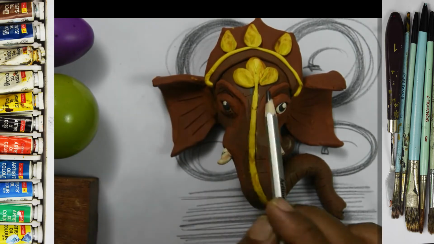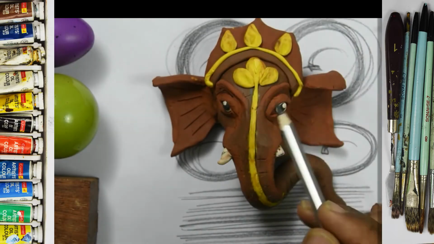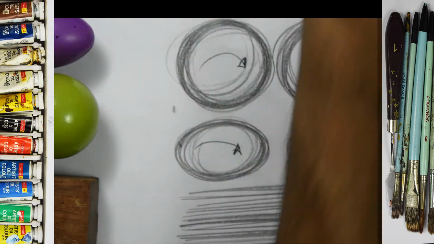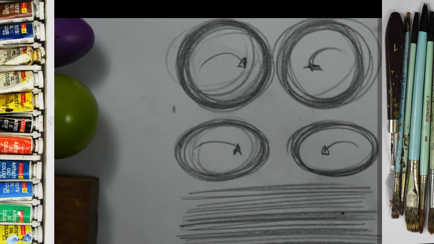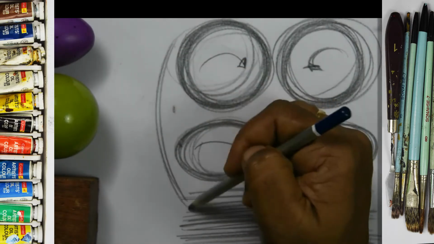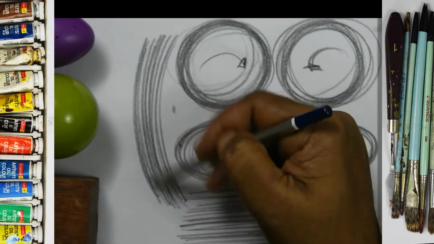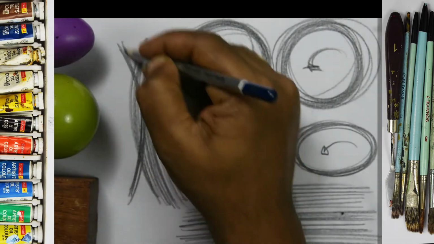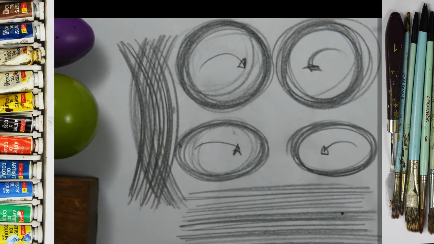The curve line, you make the curve line. See, this is a curve line, okay. The next important part is the curve line. This is what I teach in my classes. How do you practice the curve line? Like this, 1 2 3 4 5 6 7 8 9 10, okay, and again like this, 1 2 3. If you practice like this, your curve line comes out very nicely, okay. This is very, very important.